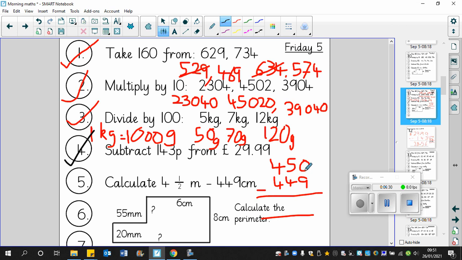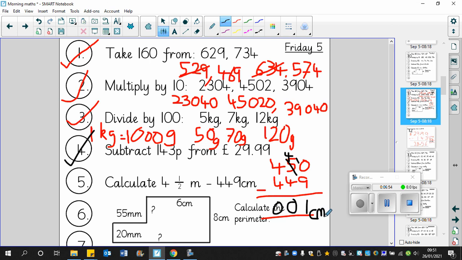Anyway, 0 take away 9 you can't do, so therefore that 5 becomes a 4, and that becomes a 10. You still can't see it? No? Okay, carry on. 10 take away 9 is 1. 4 take away 4 is 0. And 4 take away 4, another 0. So the answer is, we'll forget those two zeros, the answer is 1